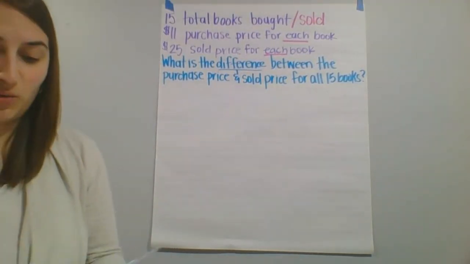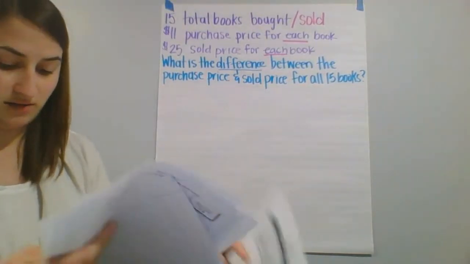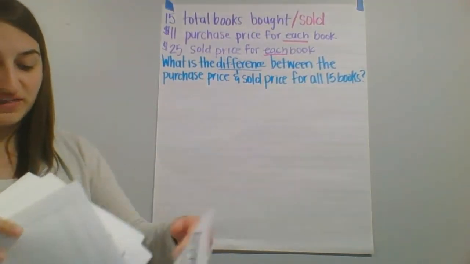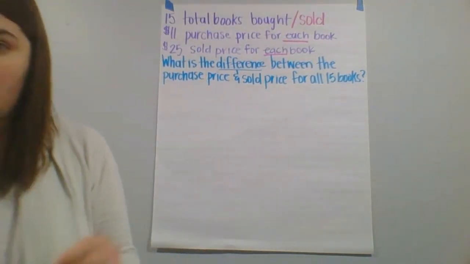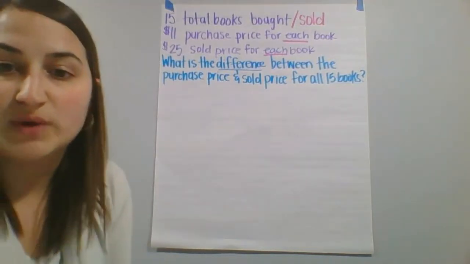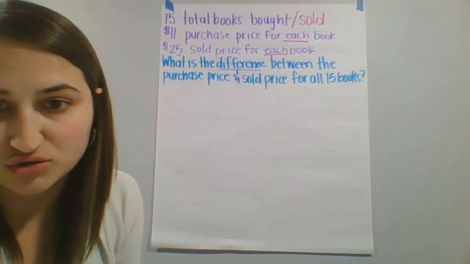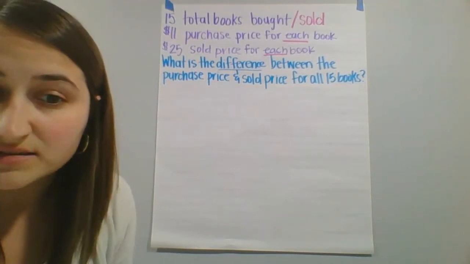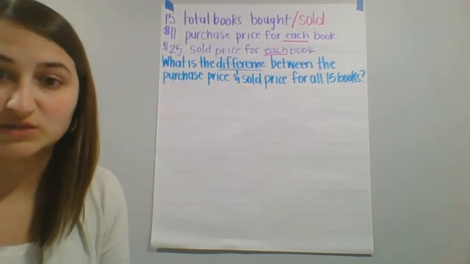And this is where we really want to think about whether we are searching for our total or not. So we have 15 books and we're buying each of them for $11. So do we even know the purchase price? We don't know the purchase price, so we don't know that whole,